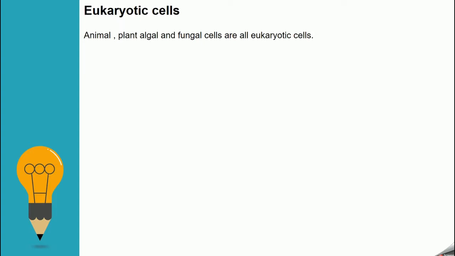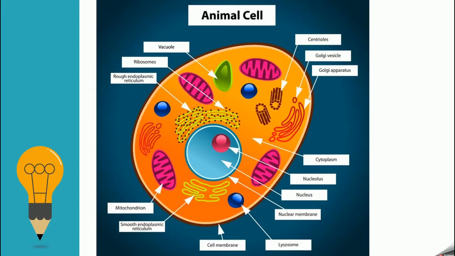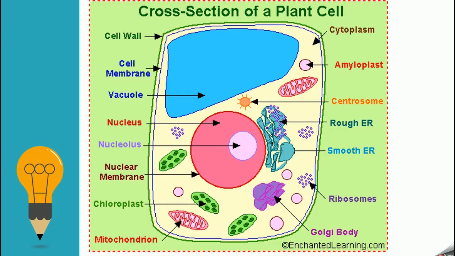So eukaryotic cells, the examples of these would be animal cells, plant cells, fungal cells. These are all eukaryotic cells. So here is an animal cell. As you can see by the definition of eukaryotic complex, you can see that there are lots of organelles here, and so therefore it's complex. So don't worry about all these organelles labeled. I will go through each and every organelle in detail, so hopefully you will understand the function of these and the structure. So that's an animal cell, that's a plant cell,